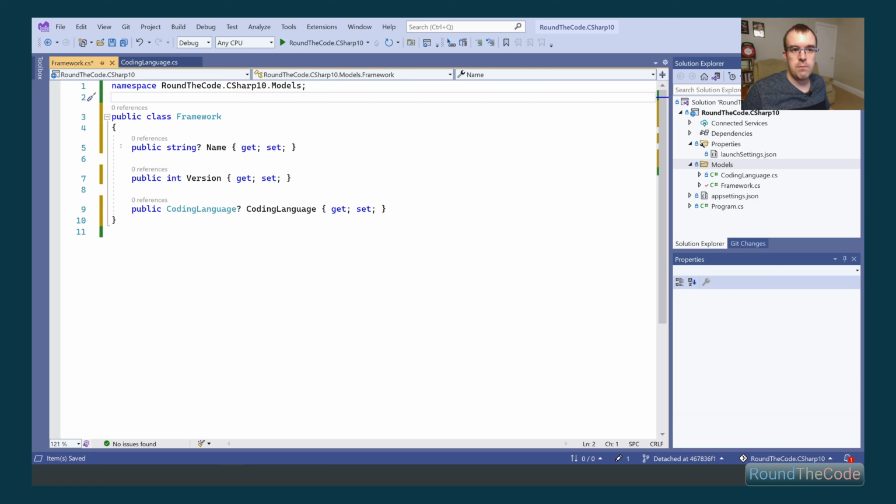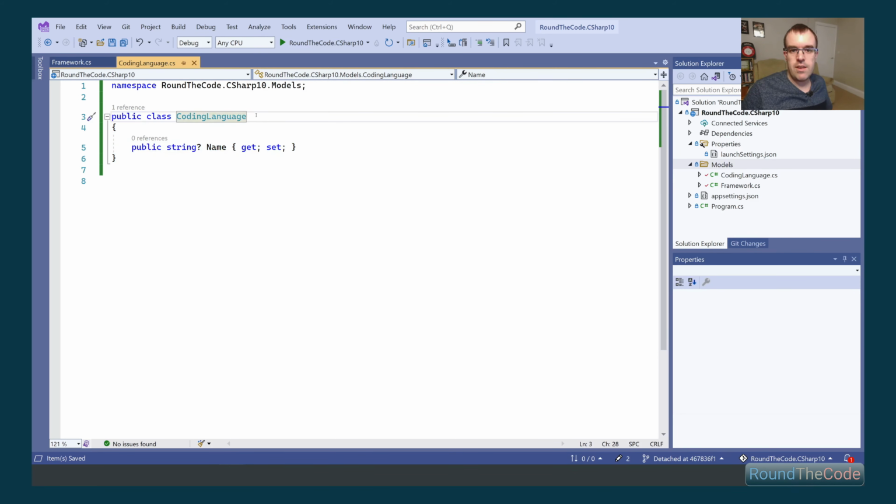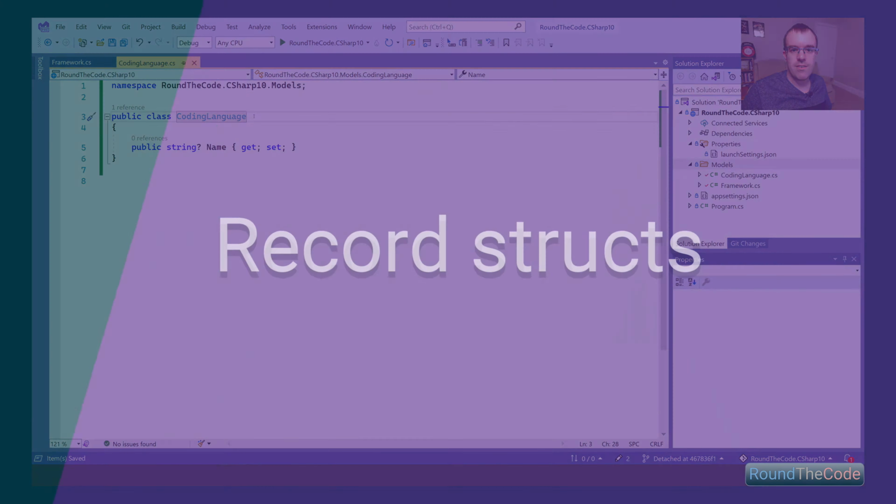But in C# 10, what you can do is you can remove the curly braces from the namespace and add a semicolon like that. We can now move the actual class to the left-hand side, which means we're wasting less vertical space. And I think that looks a lot cleaner and tidier. You can do the same for this class as well. So remove the curly braces and we'll simply add a semicolon there. And as you can see, it's clean and tidy for us.